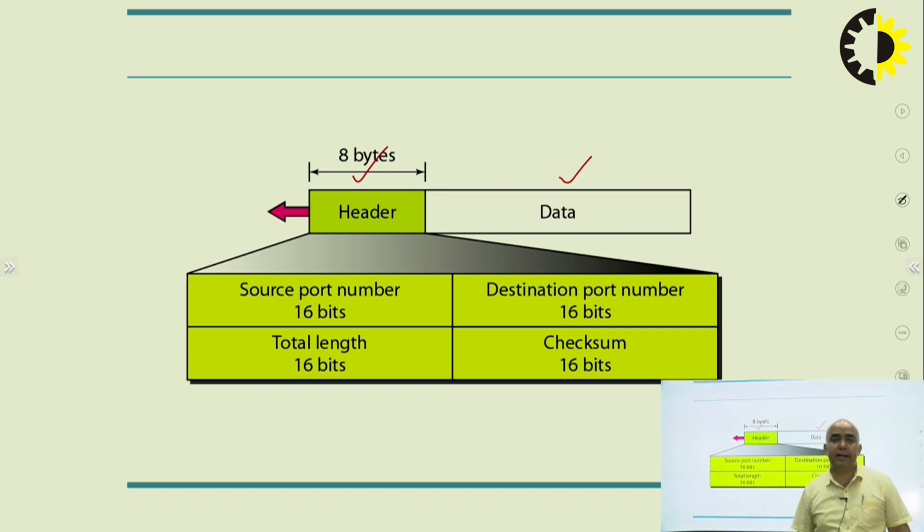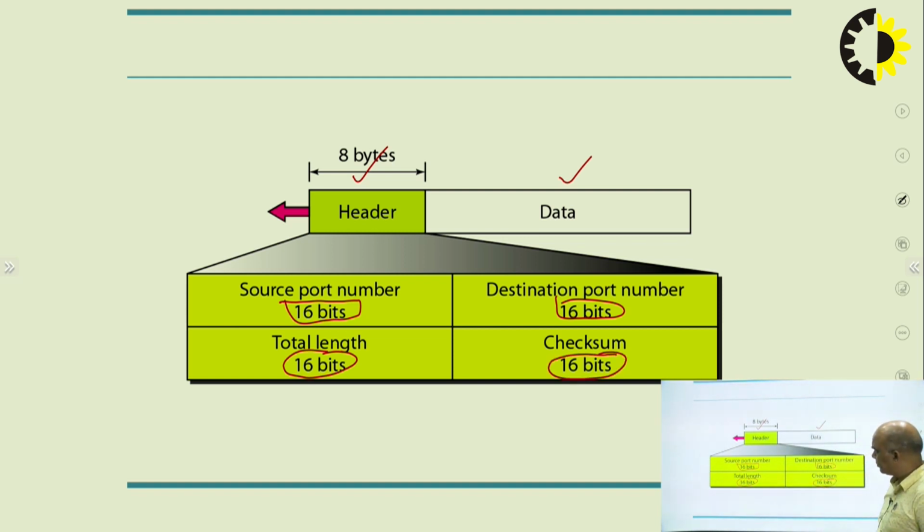Again, in that header information, there are four things needed. As it is a transport layer protocol, we need a source port number, a destination port number, the total length, and the checksum. The source port number is 16 bits. The destination port is again 16 bits, the total length is 16 bits, and the checksum is again